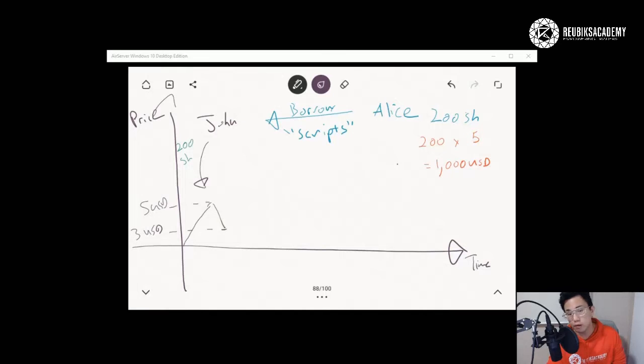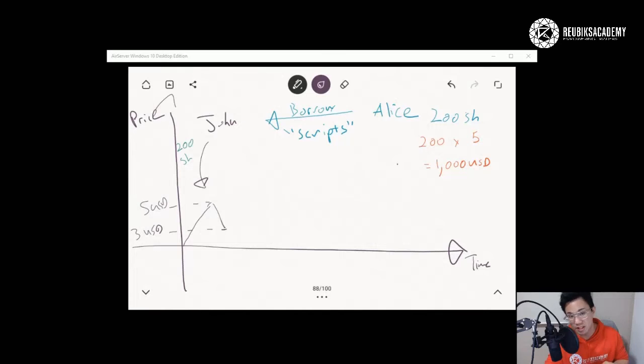So at 3 USD, Alice decides to exit the position. So what will she do? She borrowed 200 shares from John. Now she has to return the 200 shares. So what she will do is she will buy back the shares from the market